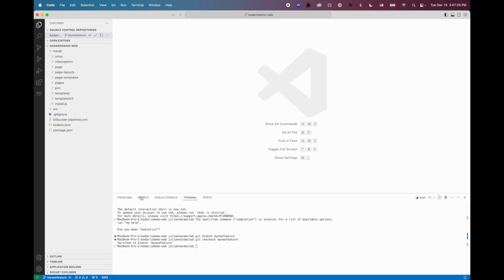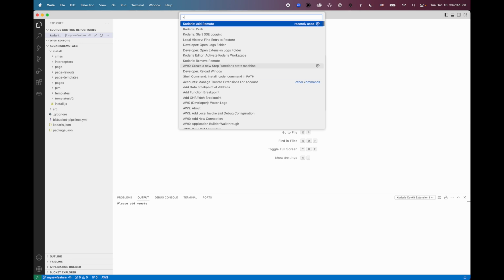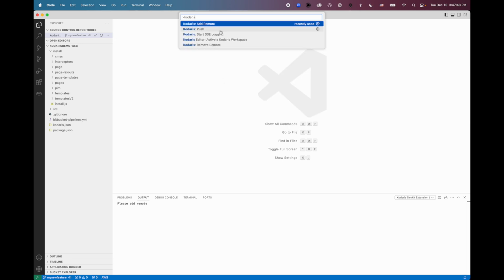So what we'll do for that is, first of all, we'll go to this output window here, and then we can select the Coderis DevKit extension logs drop down here. And now if we open back up the command prompt and search on Coderis again, let's now choose this Coderis push option.